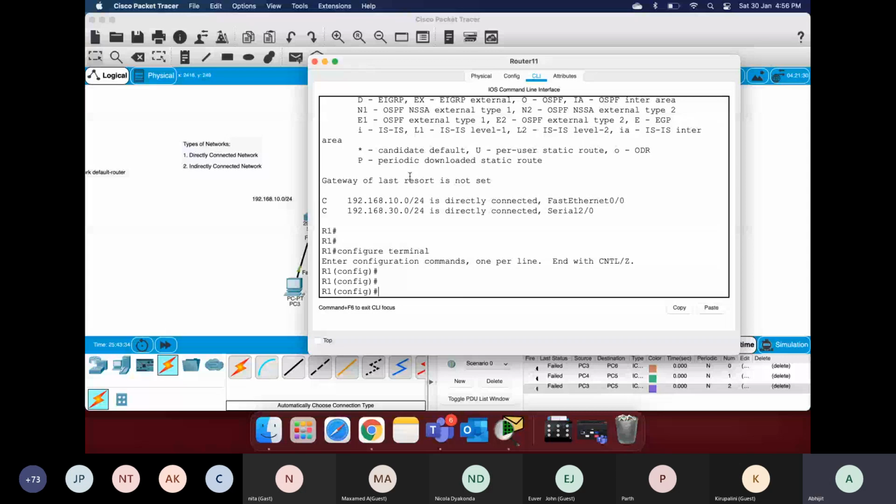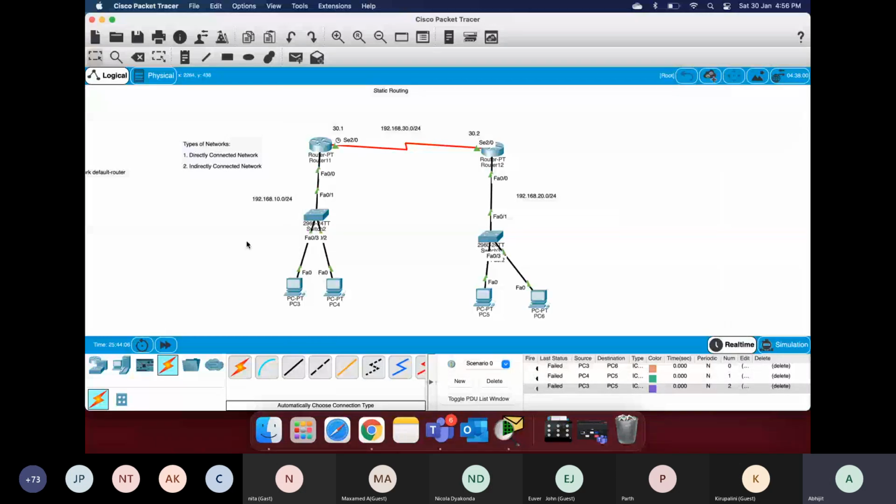So I will specify the network ID of the indirectly connected network there, and then give a space and the subnet mask, and then give a space, and after that we need to specify something called the exit interface. So understand what the exit interface is. On this router, when the traffic is going to be received, it doesn't know where the destination is actually situated. Make sense? The only thing that it knows is that if I want to send traffic to 192.168.20.0,